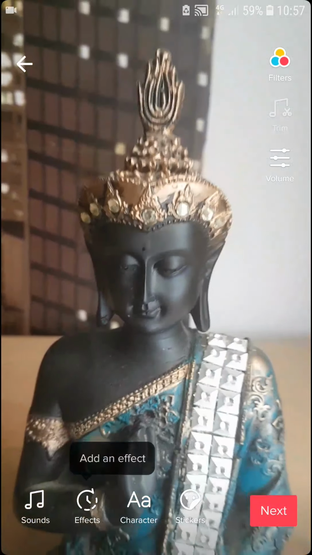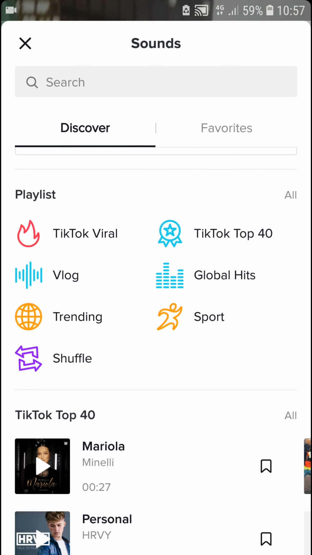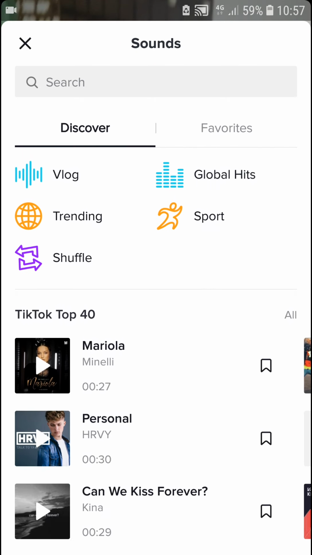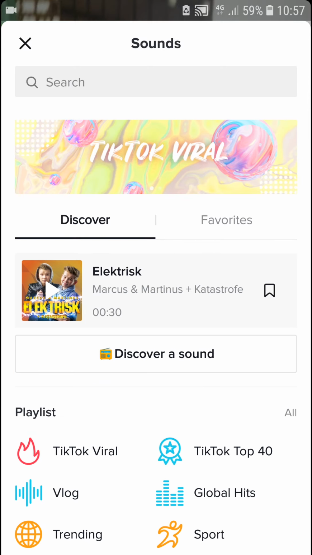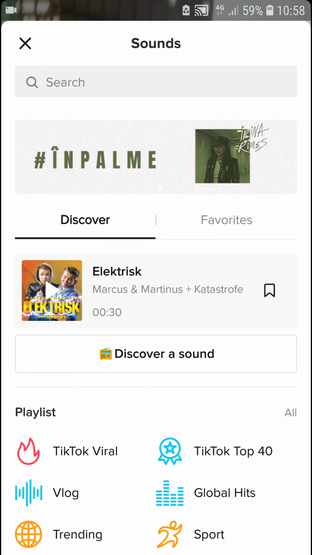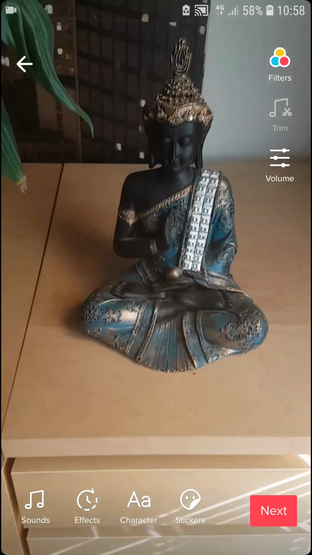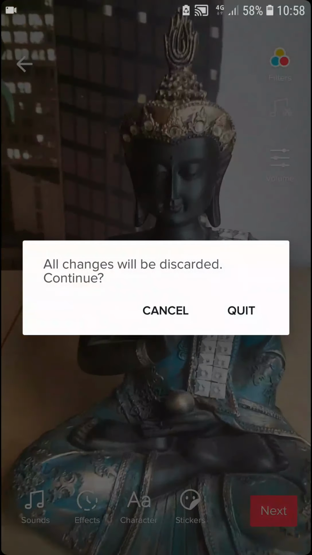As you can see, you can click sounds, and then you can add TikTok viral sounds, whatever. But what if you want to add your own stuff? This is really important, or even your own music and voice. How to do that? So first, what you want to do is to leave TikTok, quit,